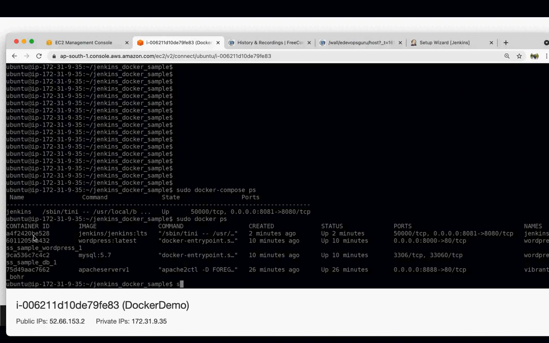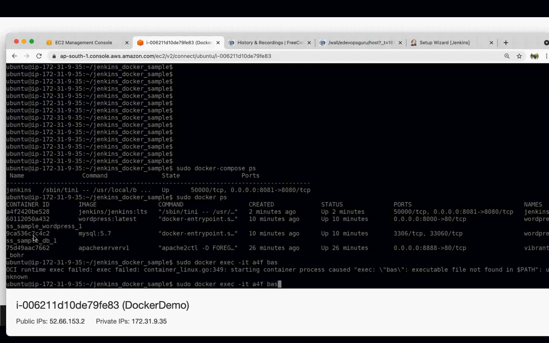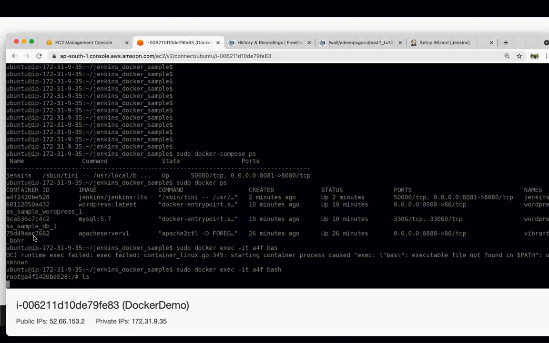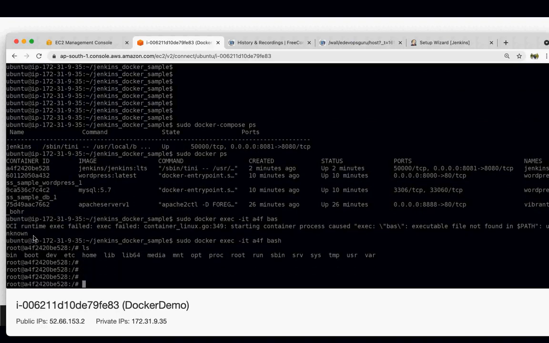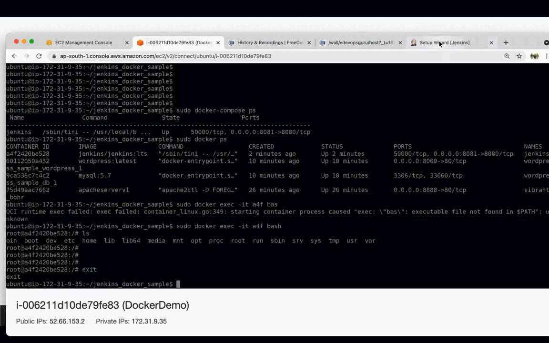What we could have done is sudo docker exec -it with the ID and bash. Here also we could have gone inside, to whatever path it was giving, and then copied that ID. Okay, let's see it.